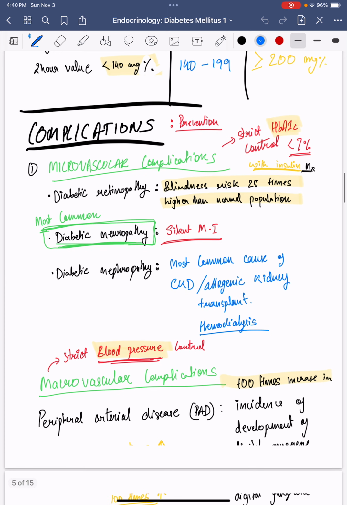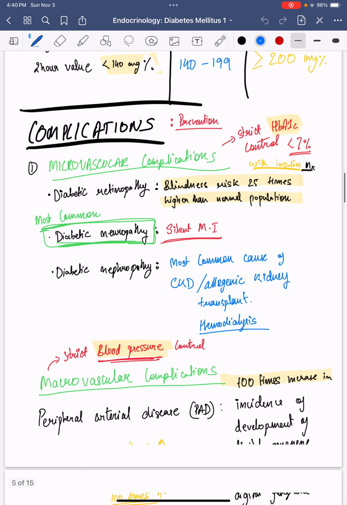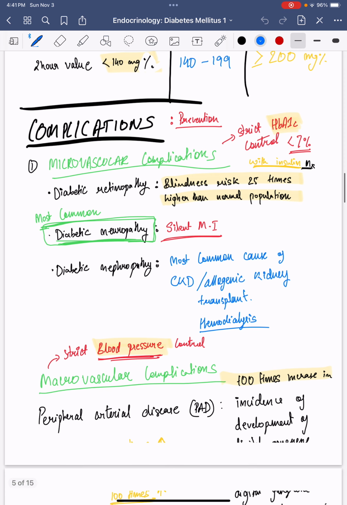And diabetic nephropathy is the most common cause of chronic kidney disease or allogenic kidney transplant, and for this we'll do hemodialysis because the patient is in CKD. We can prevent microvascular complications by strict control of HbA1c, and it should be kept below 7% with insulin